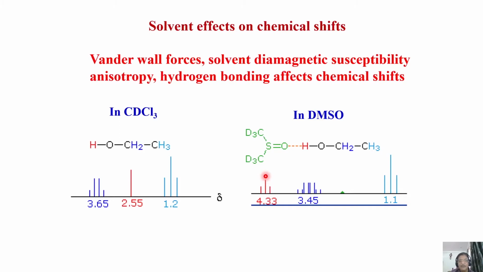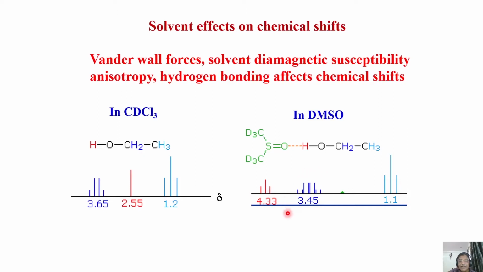You must understand what we are seeing. This CH3 group remains the same, with a small change in the chemical shift because of the solvent. Let us not worry about it. Look at the CH2 group. The CH2 group was a quartet here, a 4-line pattern, and why it is a quartet comes in the next topic of our discussion, when we come to scalar couplings. And OH was only a single peak.